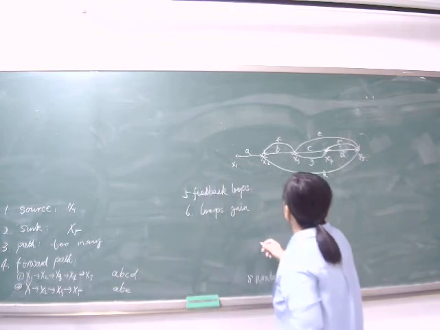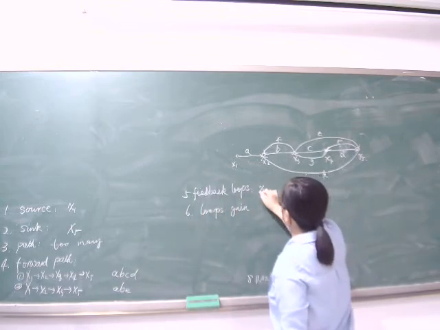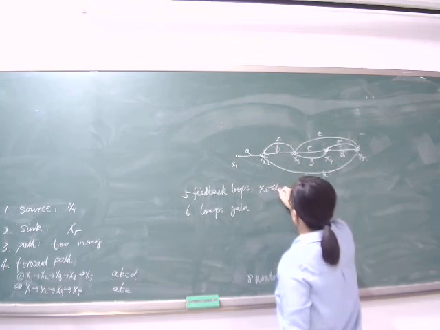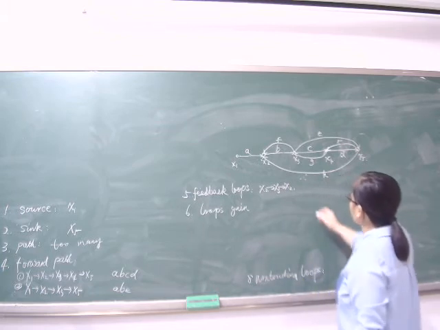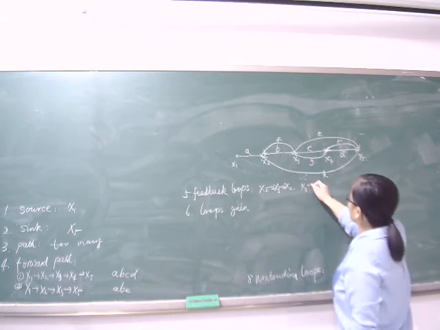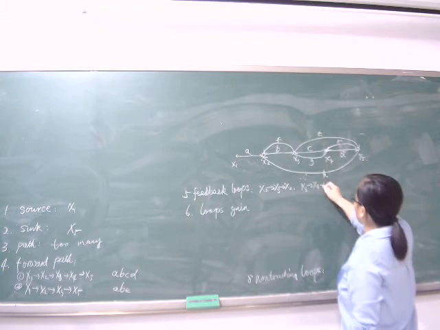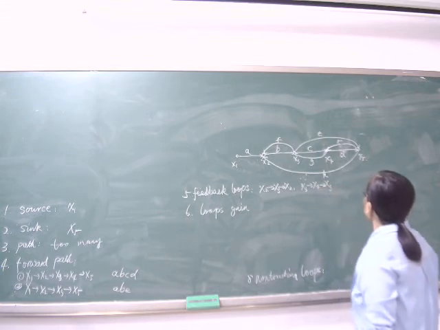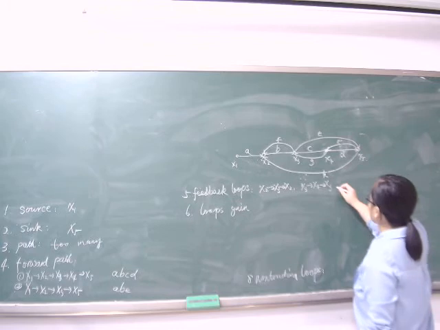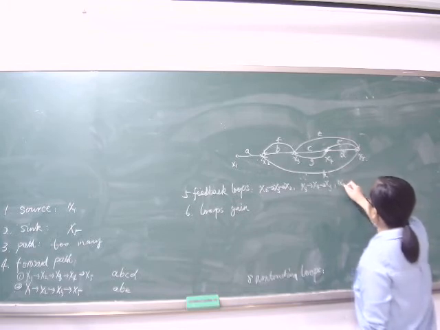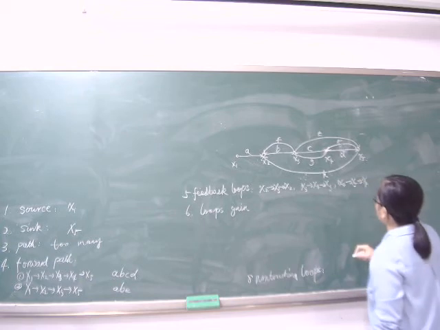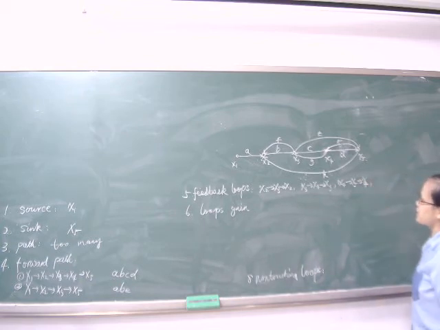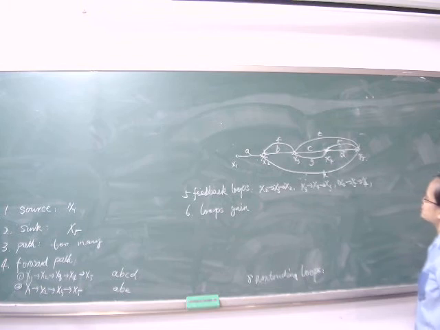Now, here, the first loop is X2, X3, X2. The second loop is X3, X4, X3. And the fifth loop is X4, X5, X4. And the fourth loop is